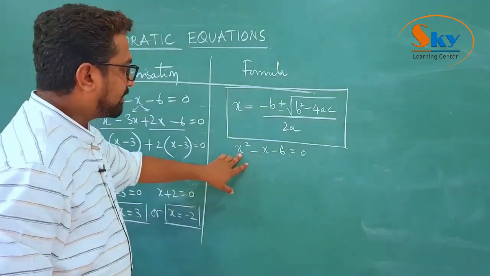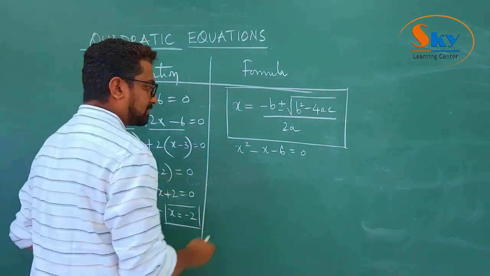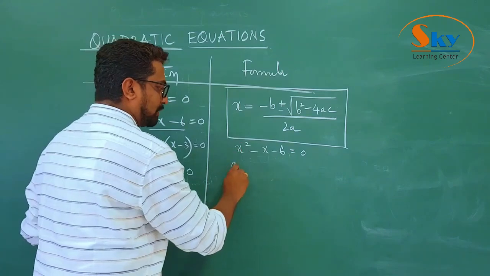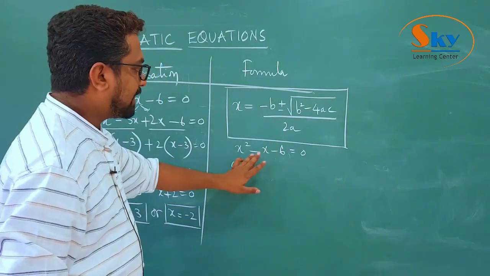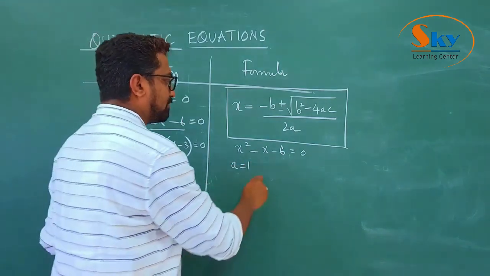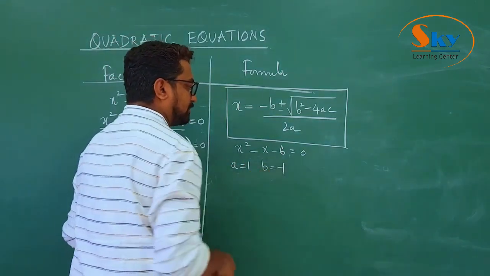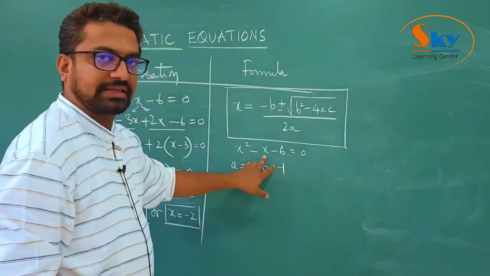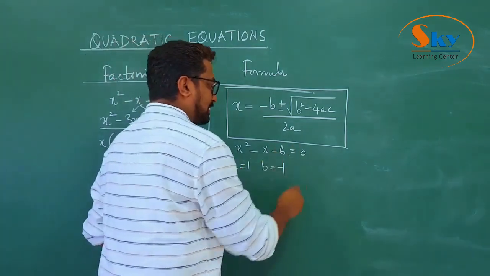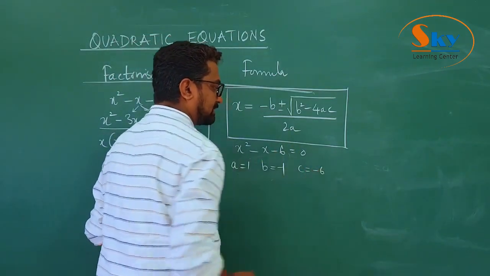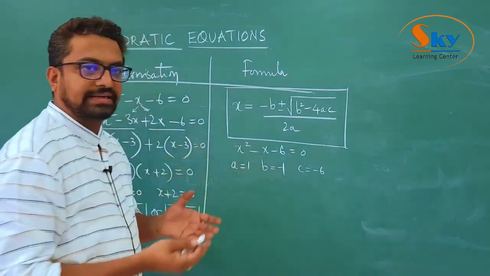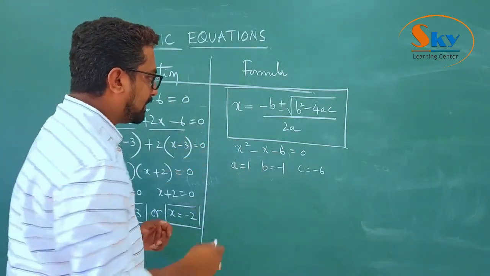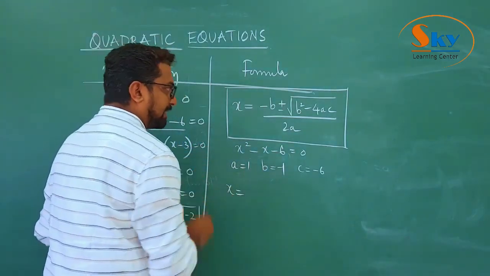ax square, so the coefficient of x square is a. Here it is 1, so the a value is 1. Then bx, so here we have minus x, so if you compare, you get the b value as minus 1. So b is the coefficient of x. The last constant number is c, so c is minus 6, minus 6 equals 0. So this is how I identify a, b, c,